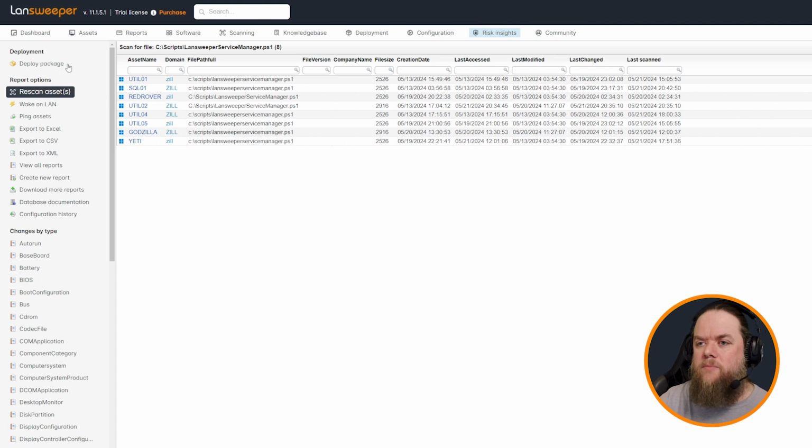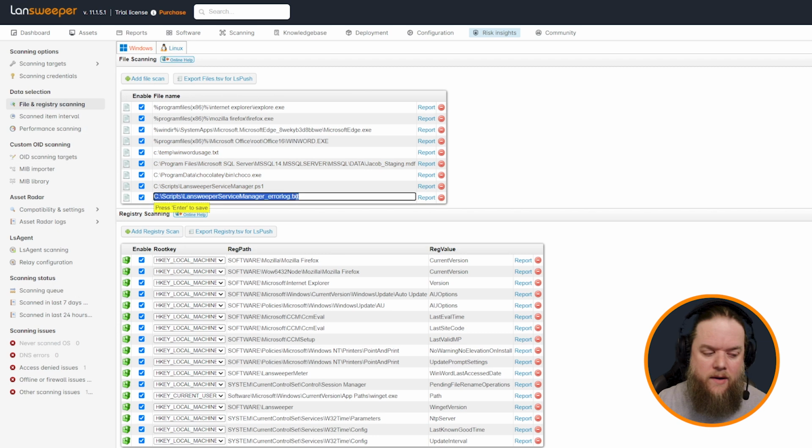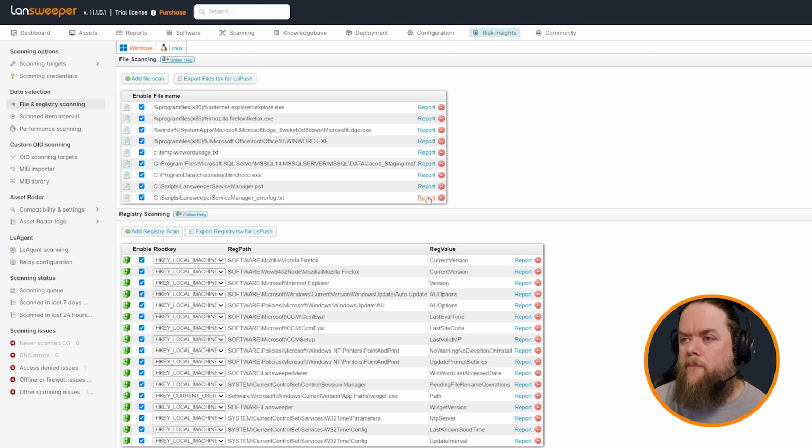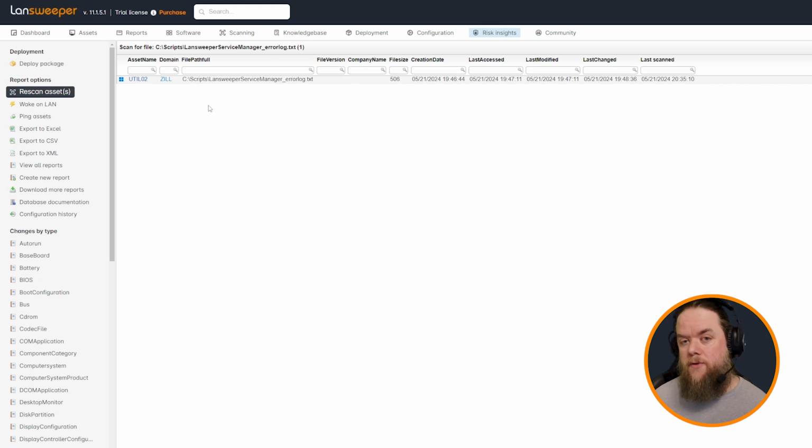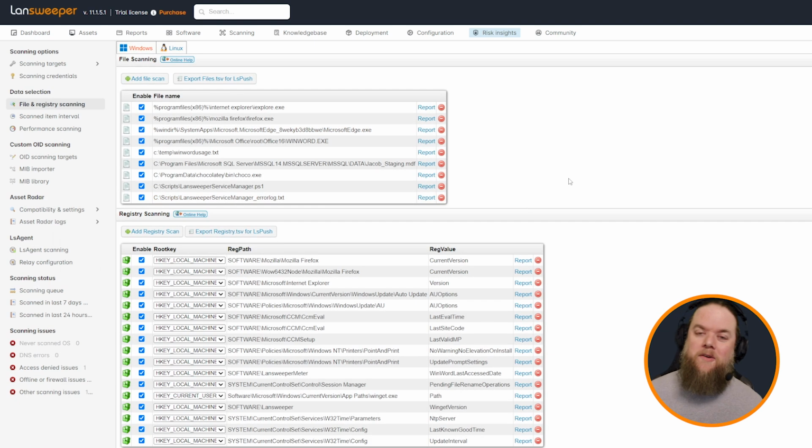So that's one thing to put in there, and the next one is the error log that I was talking about, where it goes to Lansweeper Service Management underscore error log.txt. So by putting this file in there, you can then see that util02 had an error on the 21st where I made this happen. And you can then check on what the error is. But basically, I disabled the scan service and it threw an error that it could not restart the service or stop it or restart. And it will send to this error log, and you can use this little feature to make a report where, and I'll add those to the article,